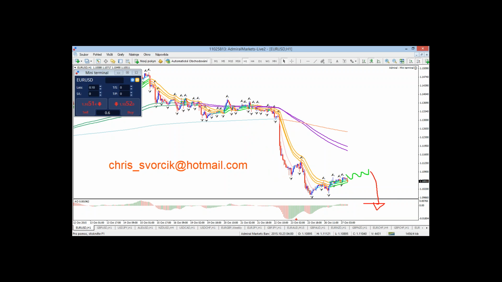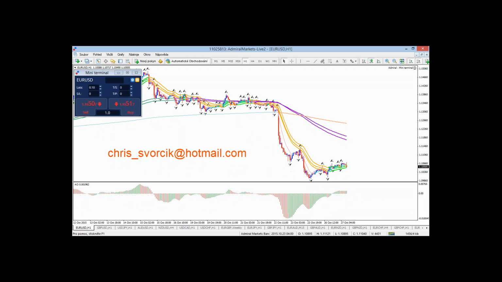Now, why is that? One of the reasons is that the oscillator here is very strong. And you can see that it's certainly stronger than the previous move down. So from that point of view, this subscribes to the 1, 2, 3, 4, 5 scenario. So what's missing is the 5 still, right? Waves 2 and 4 typically complete when the oscillator goes back to the 0 line. The other option could be that it's an ABC, but in that case,